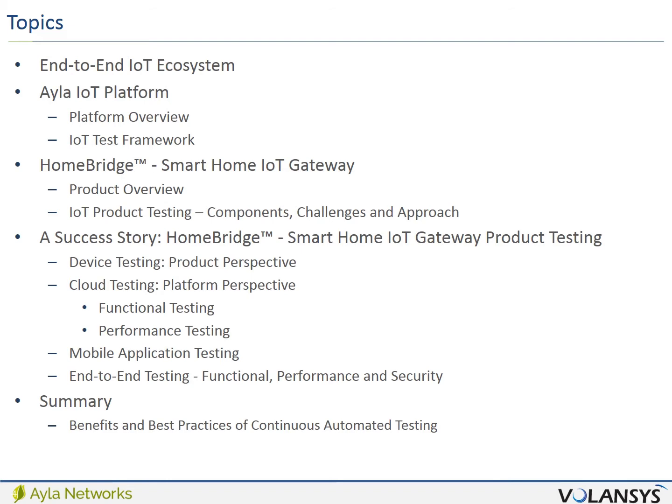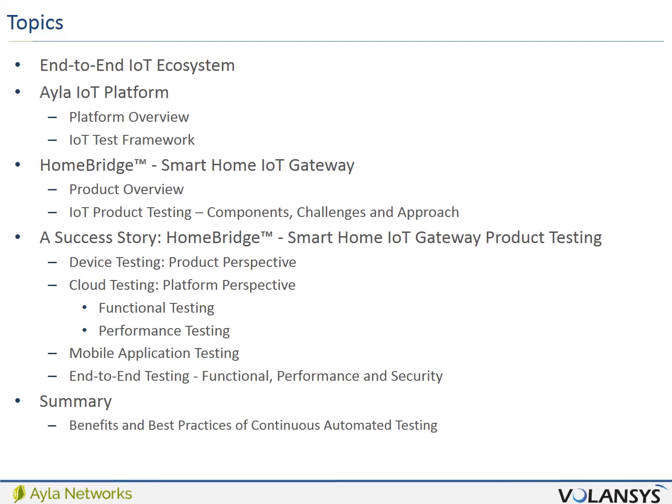We will start from a brief overview of the end-to-end IoT ecosystem of the Smart IoT Gateway. Then we will continue with the overview of the IoT platform and introduce its test framework. After that, we will move to the overview of the product and discuss the testing components, challenges, and approach.